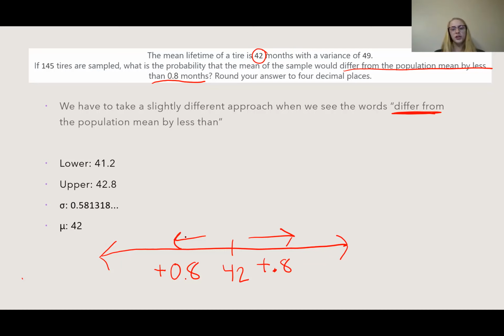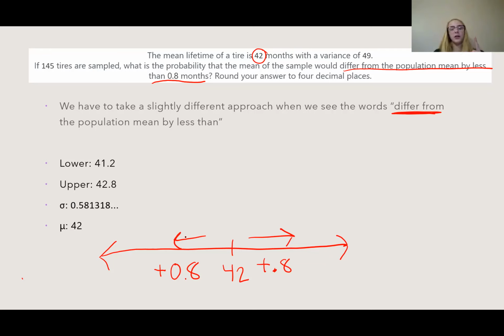That's because we're saying that we want the population mean to differ by less than 0.8 months. So you can go 0.8 months one way towards the more positive side, or 0.8 months the opposite way, more